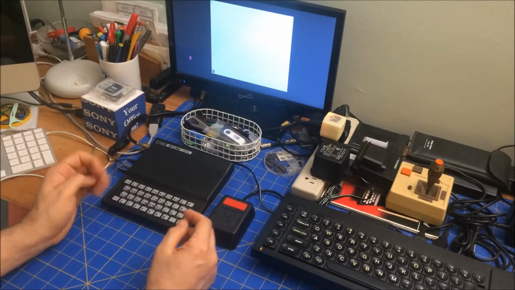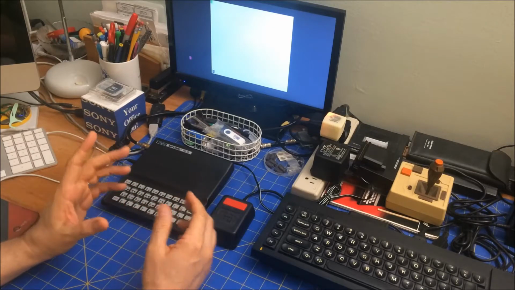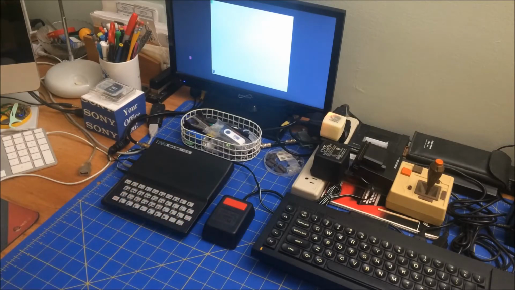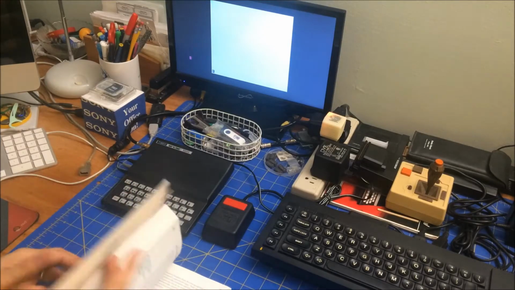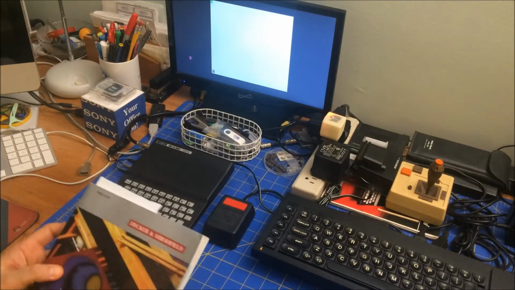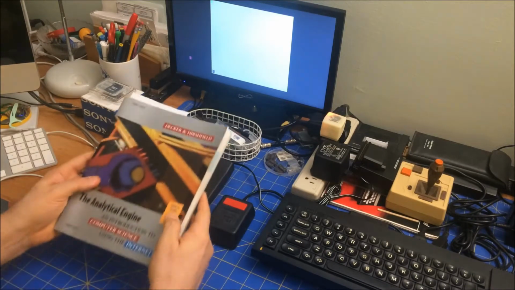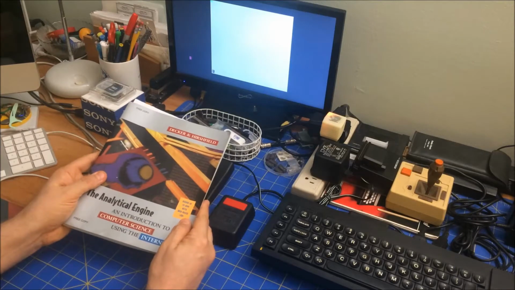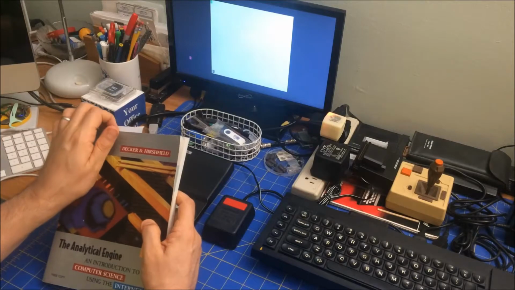So it's an emulator. Now I've been working on this ROM emulator, but I've written other emulators, not real emulators in terms of emulating an actual machine. But this is a book called Analytical Engine. It's kind of a fundamental book on computer science. What's interesting in here is that it has a very simple machine